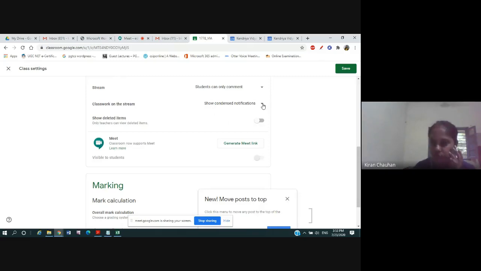If you want to show the classwork which is assigned on the stream itself, you can click it, or condensed notification form, show attachments and detail form. And this is the view of how you want to reflect the classwork which is given by a teacher on the stream page. I think you should not give show attachments and details. You should show a condensed notification form only, because all the subject teachers will be giving some assignments, and it will be difficult to go to your particular assignment. So better it will be a condensed notification.